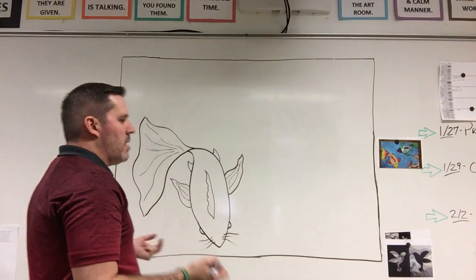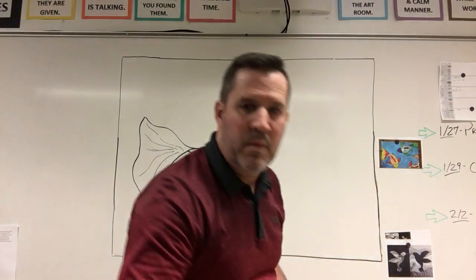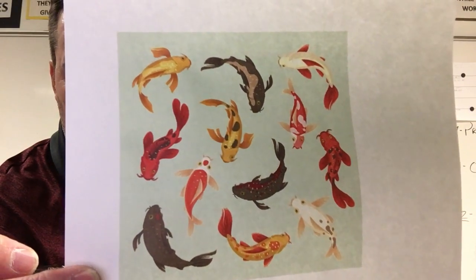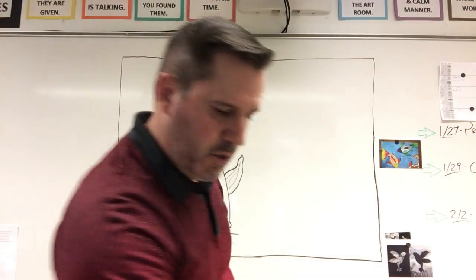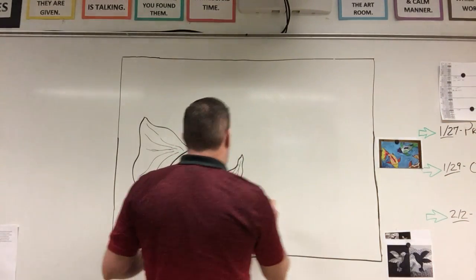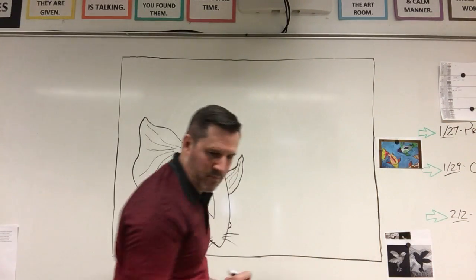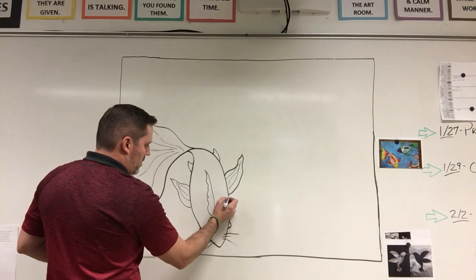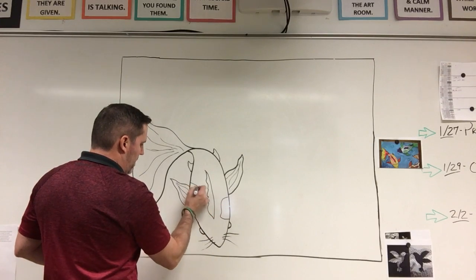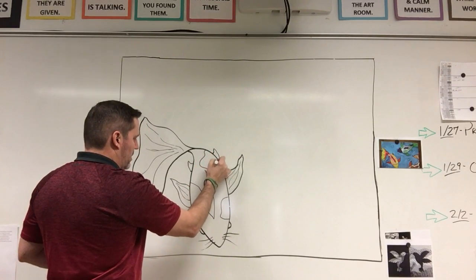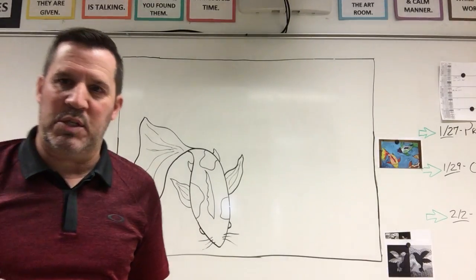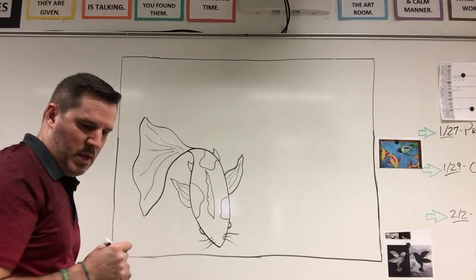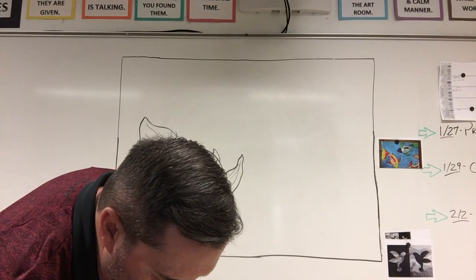Now, of course, koi have all kinds of patterns on them. I hate to call them spots because they're not just circles and spots. It almost looks like big paint blotches to me. So what I'm going to do is I am just going to put some like big spots. Almost looks like a cow, like cow spots on him. Okay. Kind of looking at both the picture and